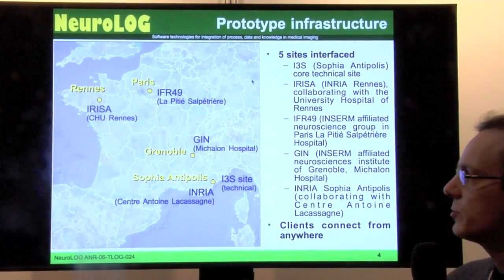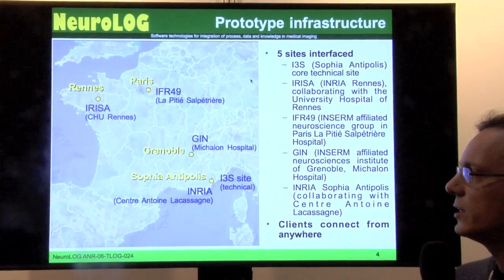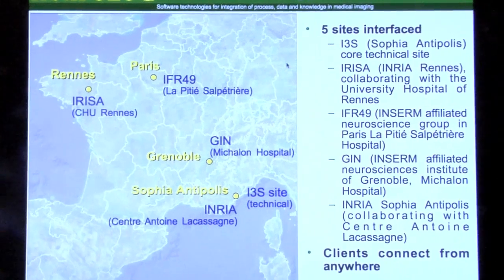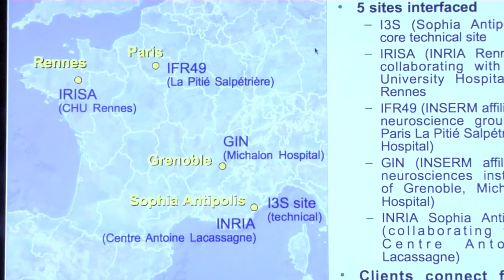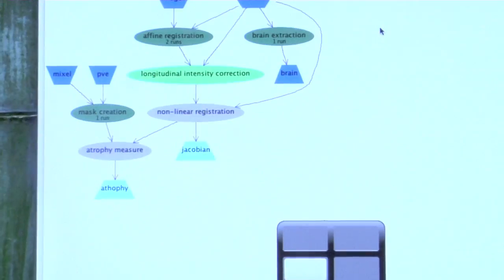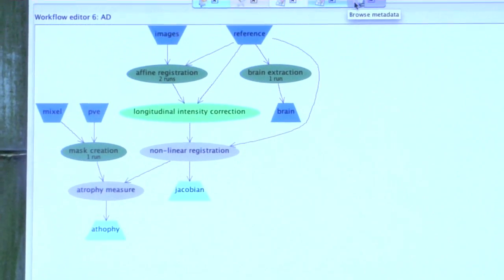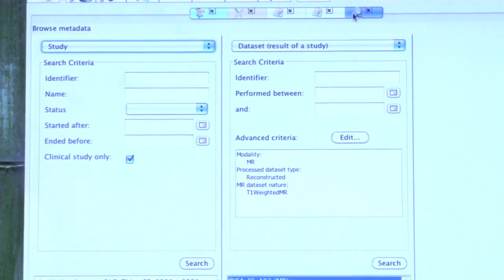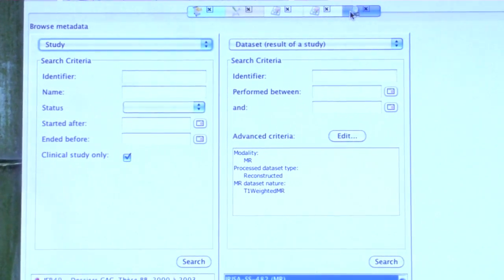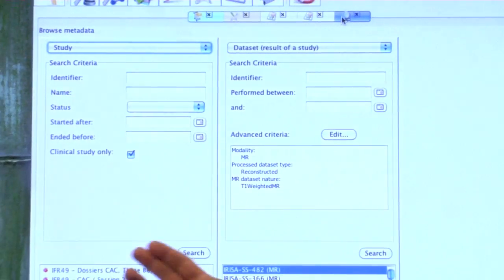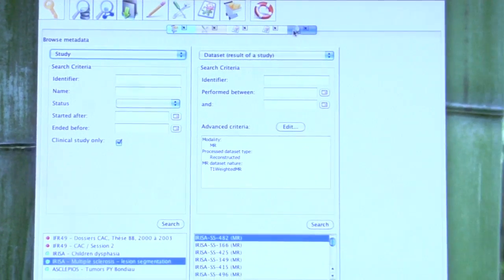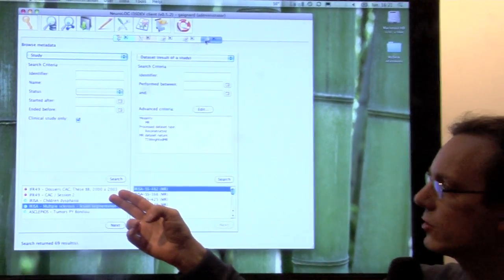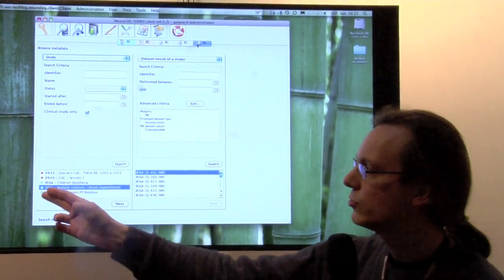The testbed that we are working with here is made of 5 different neuroscience centers that are federated. And we will see in the platform how we can browse the data that is available in these different centers. We have multi-step search criteria allowing to browse for the different clinical studies that have been recorded in the different centers. We can see in particular here that there are centers for which the data is available to me as